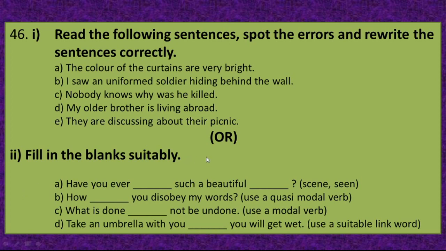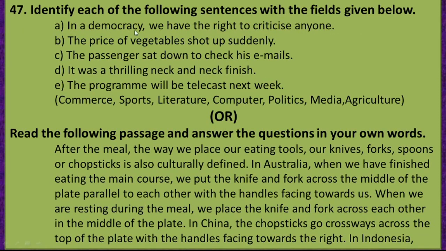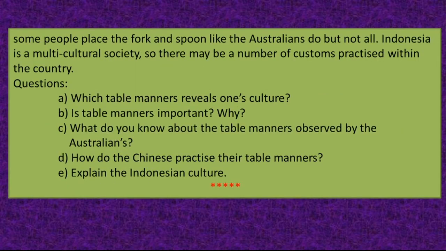And the last, the optional for the 46th question, is the grammatical part that will be covered. So whatever you have been taught, that chapter will be covered for the first term exam. The 47th and the last question is there, either a semantic network field of words or a passage comprehension will be given there. So you have to read the questions thoroughly and attend neatly. So these are the 5 questions given here. So you have to read the questions, then read the passage, then again read the question and pick out the answer and write the answer. While you write the answer, underline the keywords, which will make you positive.